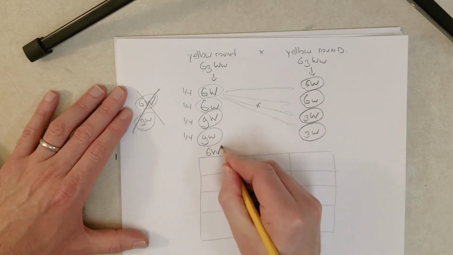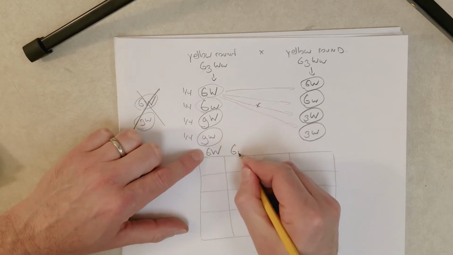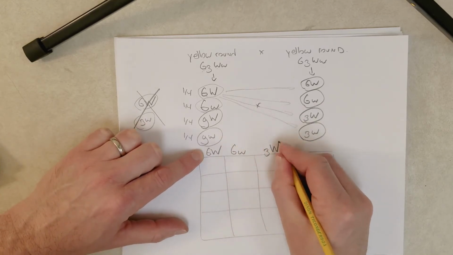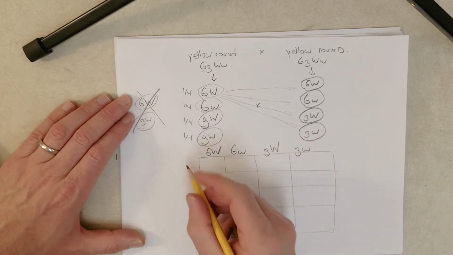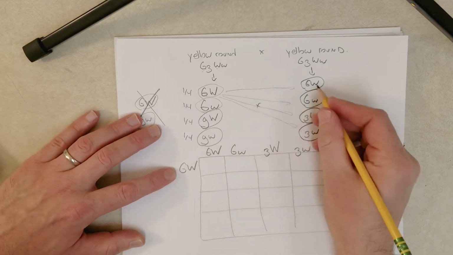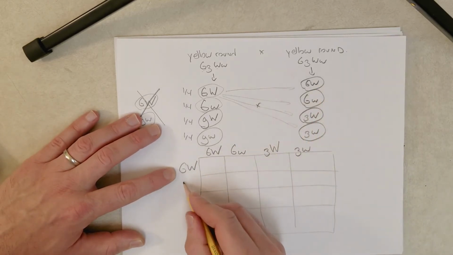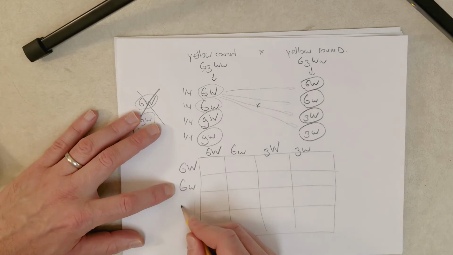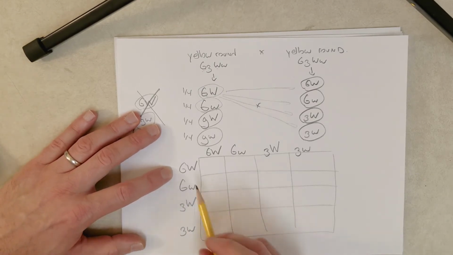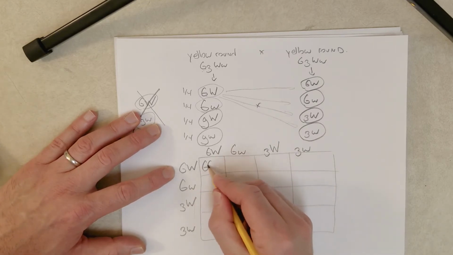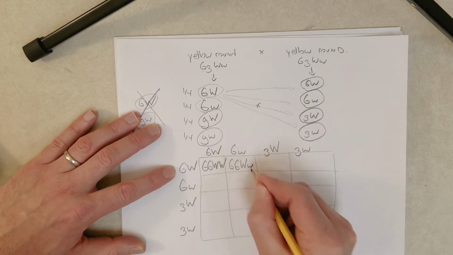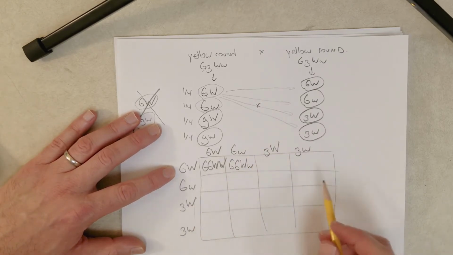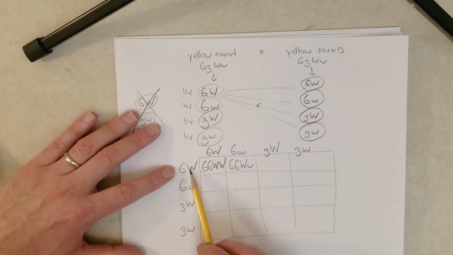So we have big G, big W, big G, little w, little g, big W, little g, little w. And then we can do the same thing over here. Big G, big W for these gametes from this parent up here. Big G, little w, little g, big W, little g, little w. And then we combine these, and what we get is something like this. Now we can fill out the whole table like this, and essentially what we're saying is